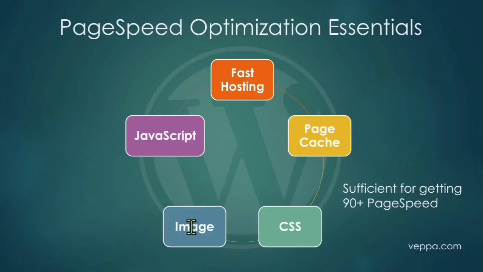Once you understand what's important and what optimization is not important, you will get a 90 plus page speed score much more easily. And I have separate tutorials showing exactly how to optimize and how to get a 100 page speed score or a 90 plus page speed score. Check those tutorials. Also, I have a downloadable PDF checklist that I use to optimize all my WordPress websites. The checklist helps you apply every optimization without skipping any of them and get a high page speed score, 90 plus. And you can download that checklist from my website,